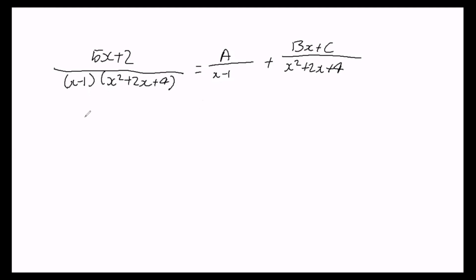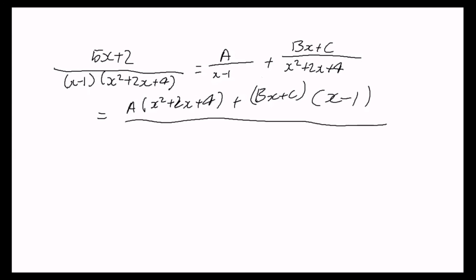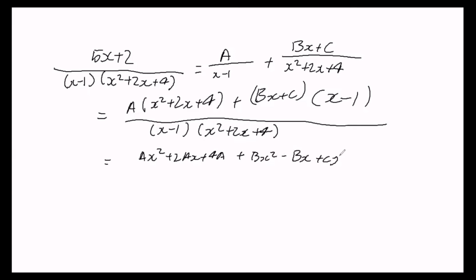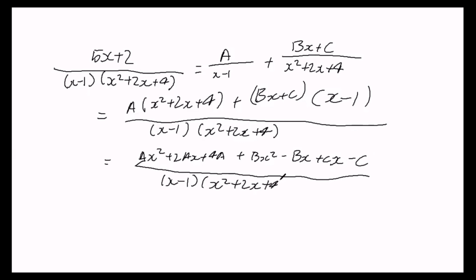But then if I were to expand this out, that would become a outside of x squared plus 2x plus 4, plus bx plus c, bracket, all times x minus 1, all over x minus 1 times x squared plus 2x plus 4, and that equals ax squared plus 2ax plus 4a plus bx squared minus bx plus cx minus c, all over x minus 1 times x squared plus 2x plus 4. Now importantly here,